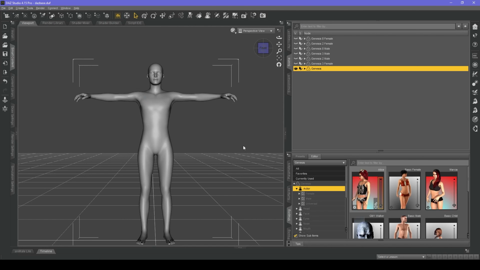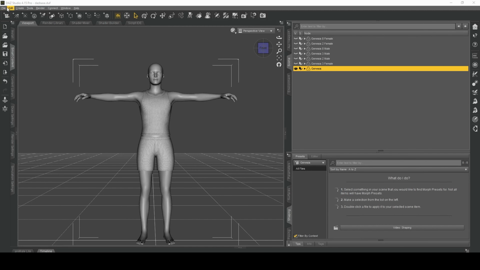Okay, so here we are inside Daz Studio. I've created a basic project, and in this basic project I've got all the Genesis characters. So I've got Genesis 1, 2, 3 and 8. I've done this because we're going to import all these into Unreal Engine, so then when we transfer animations and such, we've got all the skeletons there in Unreal. We don't have to do anything else.